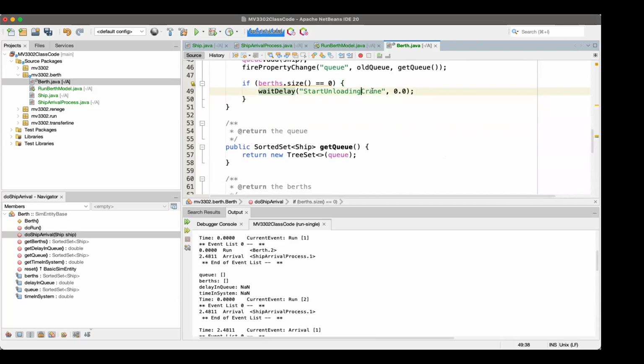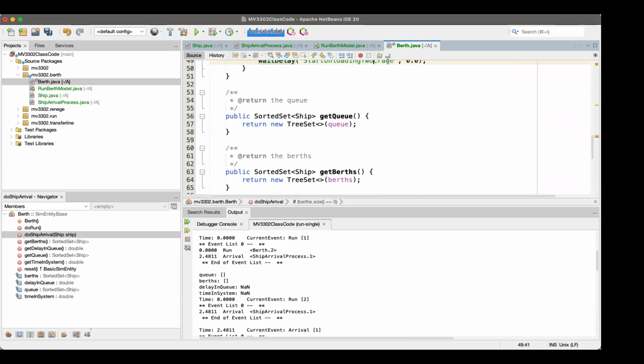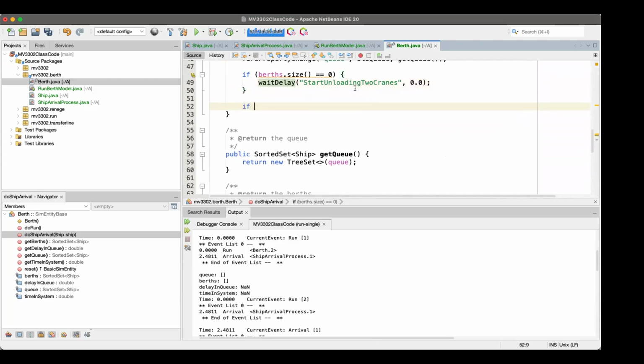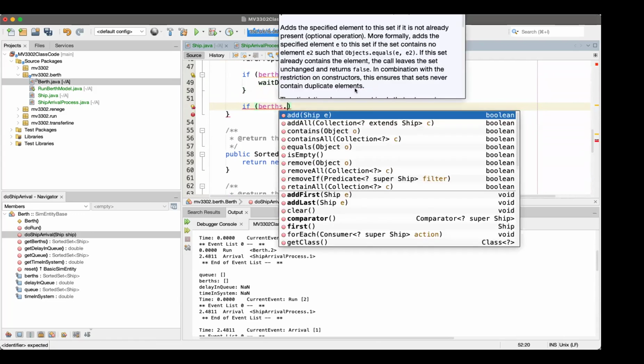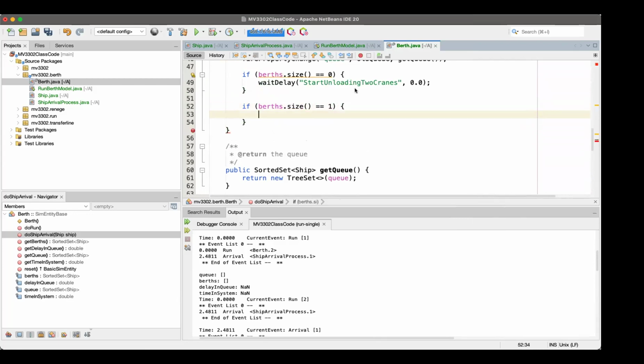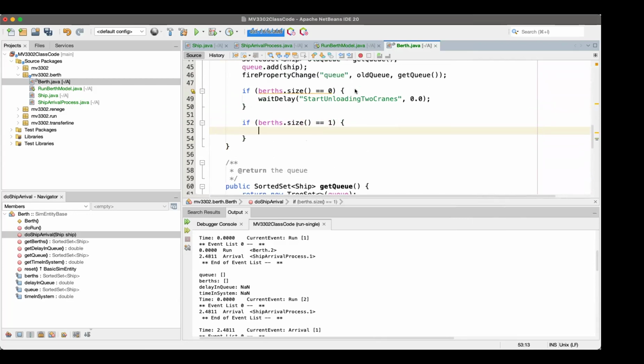Frames up. And then if, and you could do an else here. And I want to switch to